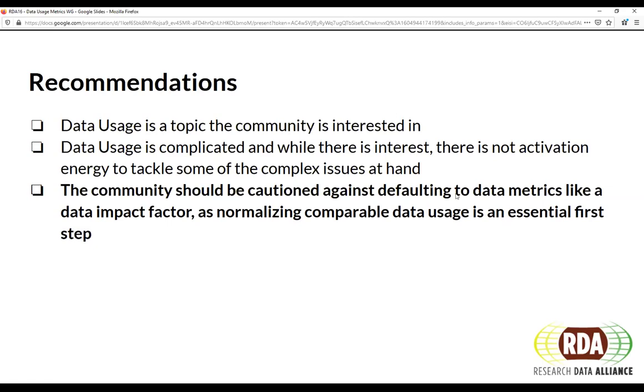And I think it's stated that way, but I think that not everybody has the same understanding of the meaning of the phrase data metrics to understand what they're agreeing to in this sentence. Maybe also the defaulting part relates to unreflected use, like, oh, let's just use whatever data we have without really thinking about what the metric means. And I think normalization is really, really important.